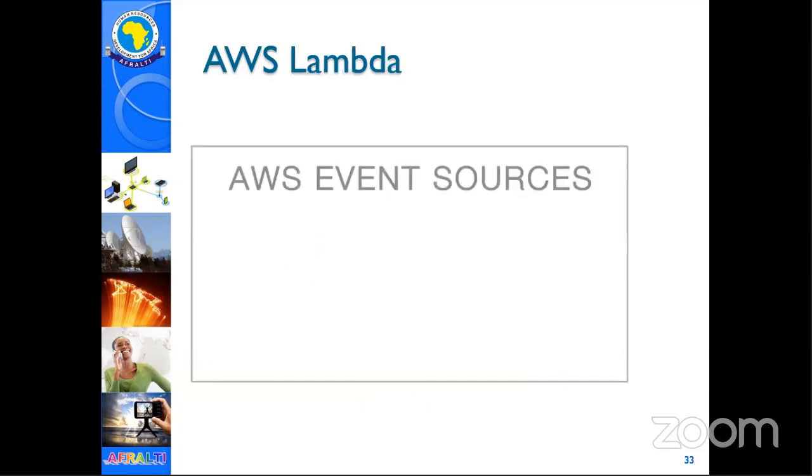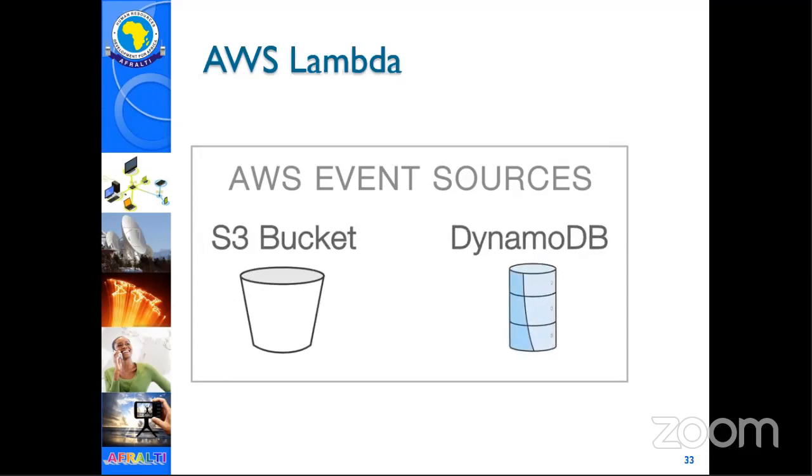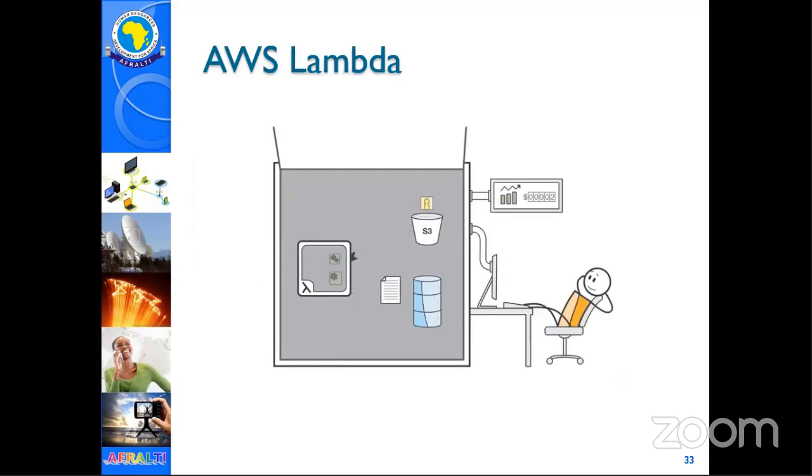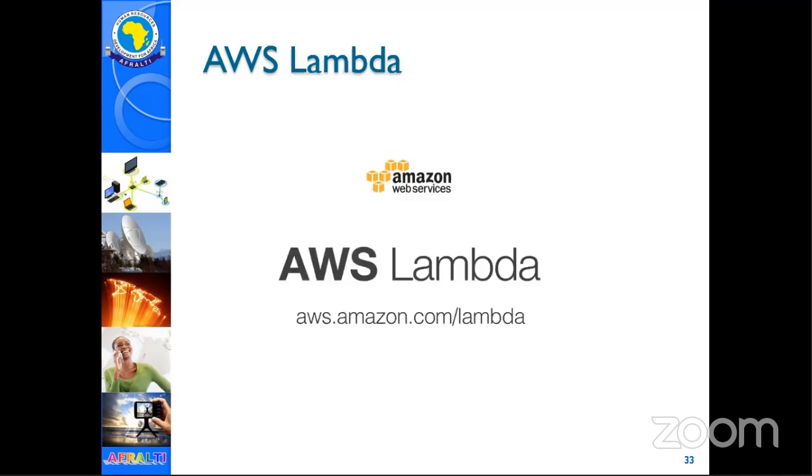Once your function is loaded, you select the event source to monitor, such as an Amazon S3 bucket or Amazon DynamoDB table, and within a few seconds, Lambda will be ready to trigger your function automatically when an event occurs. With Lambda, any event can trigger your function, making it easy to build applications that respond quickly to new information. To learn more about AWS Lambda, visit our website and you can get your first Lambda function up and running with a few clicks in the AWS Management Console. And with the AWS free tier, you can try Lambda for free.